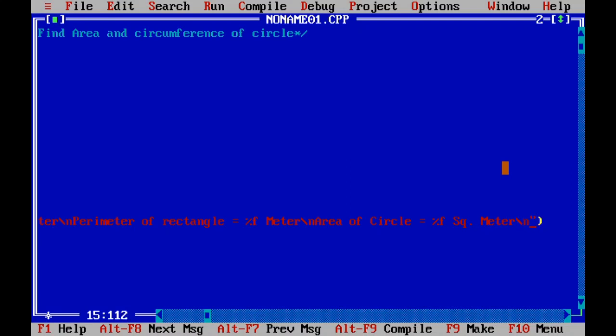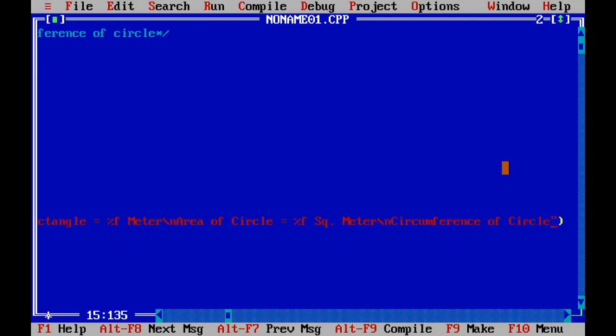Again we will write "circumference of circle, which is equal to" %f and its unit is meter. Now firstly we have taken area of rectangle, so in the same sequence we have to write AR, perimeter of the rectangle PR, area of the circle AC, and circumference of the circle CC.